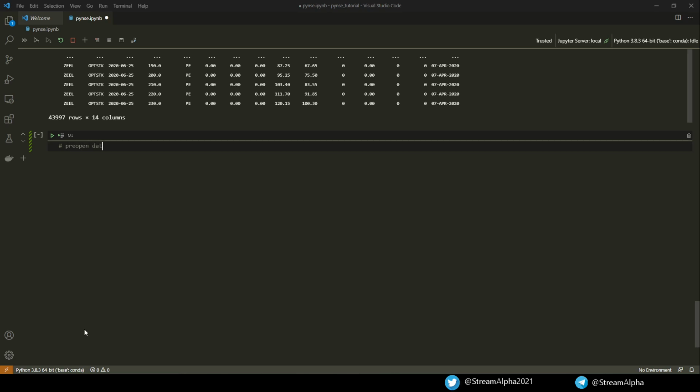Pre-open data is very useful if you are trading hook days. A hook day is basically open beyond yesterday's range. Maybe in the next video I will explain how we can trade or backtest hook days or any price action strategy using Backtrader or a similar Python class.